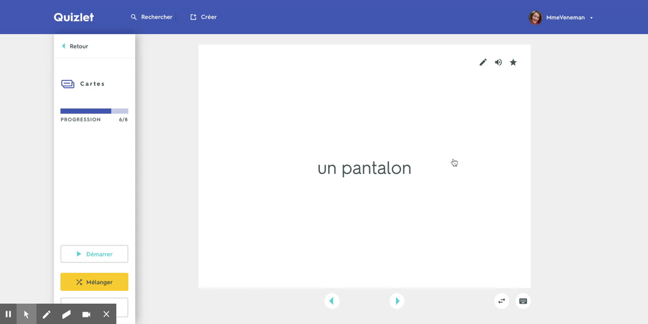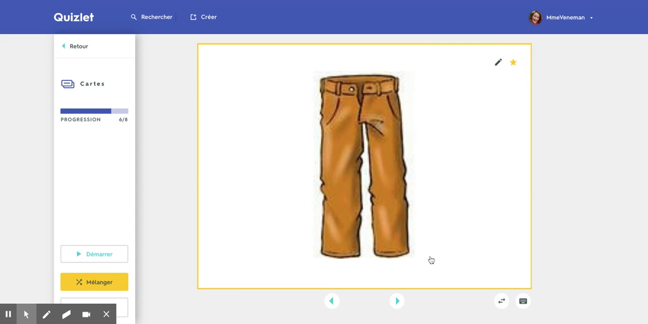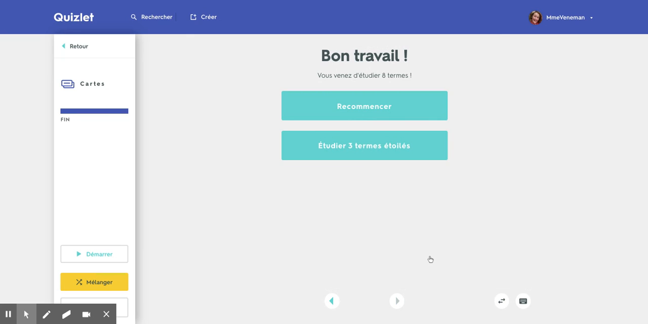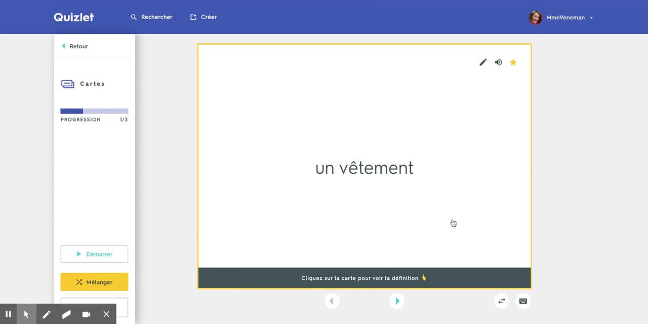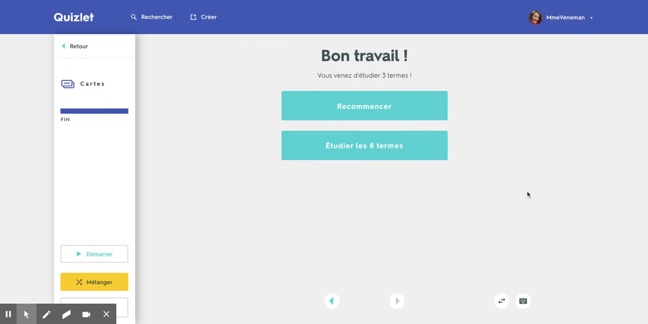Un pantalon. Let's pretend that I forget this one as well. Okay. And then go to the end. And when I get all the way through them, I have an option to restart or study the 3 starred terms. Right now, I'm just going to study these 3 starred ones. Okay. Un vêtement. So I'm going to go back and do these again until I can get them without guessing, right? And then what you do at that point, Une robe,